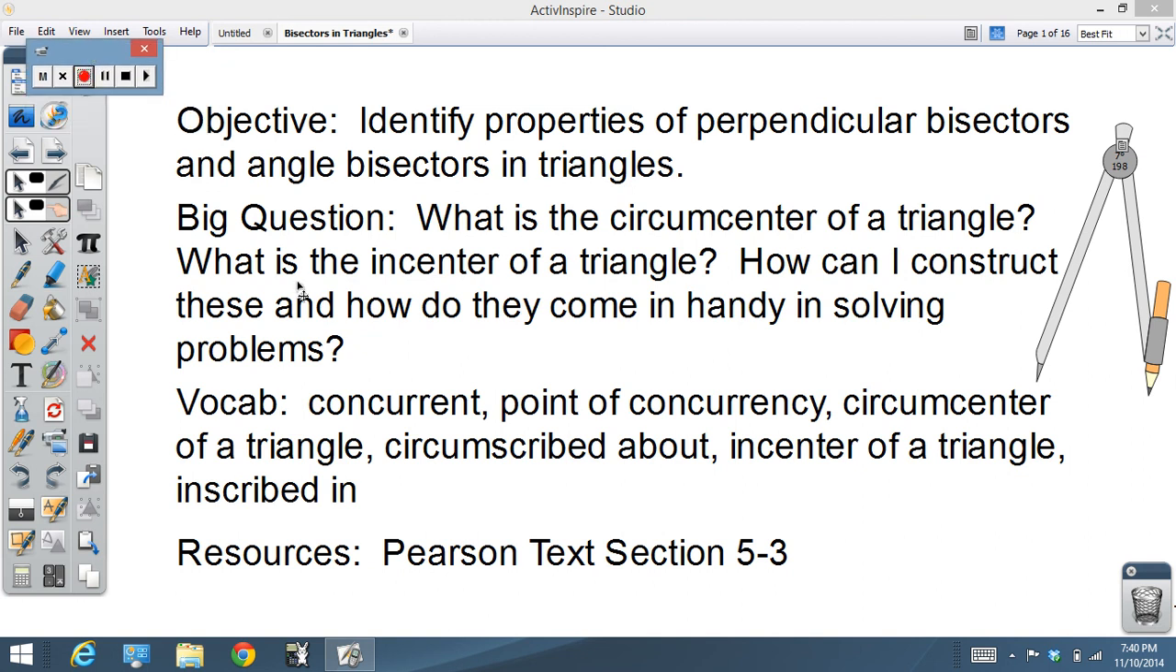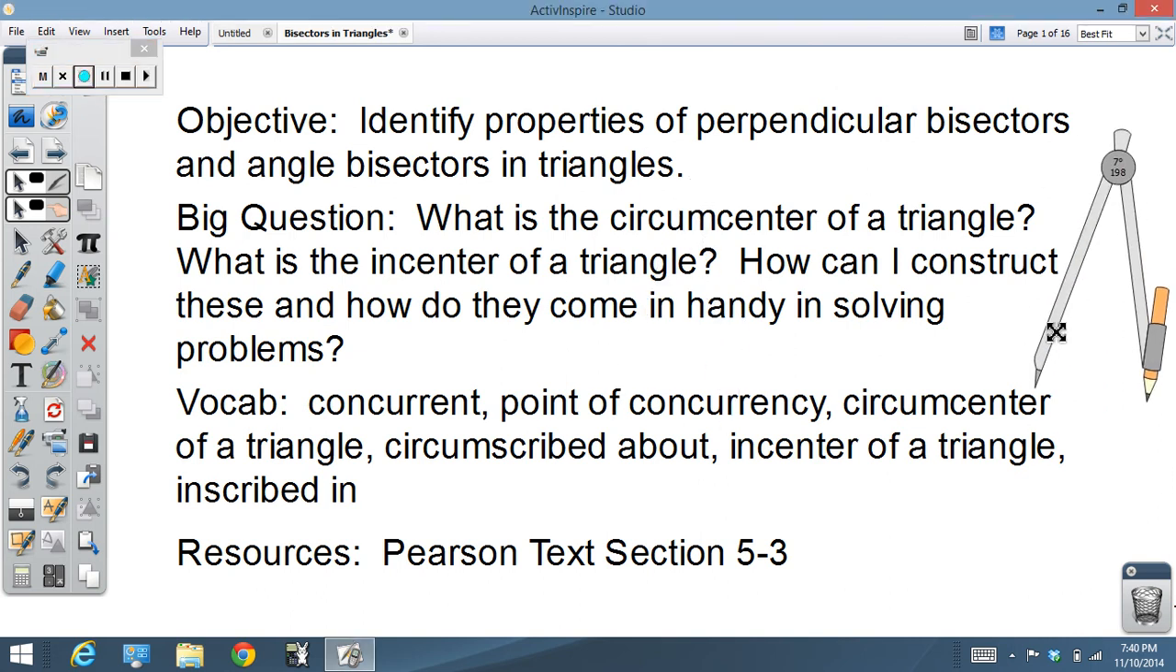Hello everybody. So this one I think is going to take a little while, so I'm going to try and get through this as quick as possible because I'm going to have to do some fumbling around with this thing here. Alright, so as quick as possible we're going to try and cover what happens with perpendicular bisectors and angle